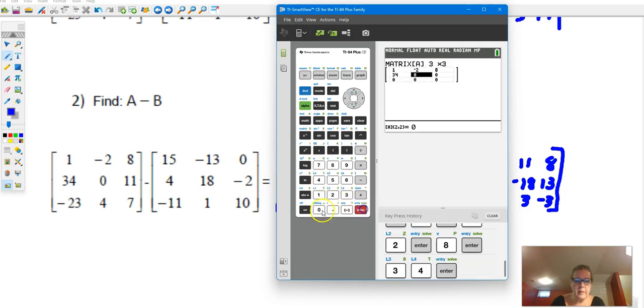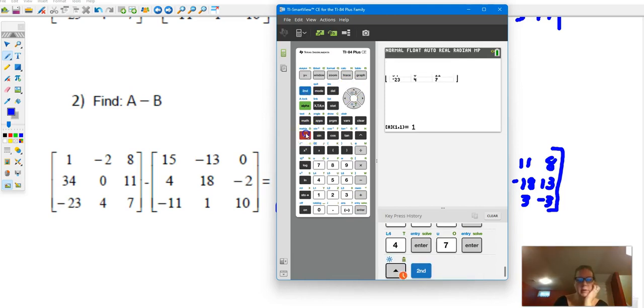34, 0, 11, and negative 23, 4, and 7. So that's matrix A. Now what we're going to do is go back into second matrix, second x inverse, and